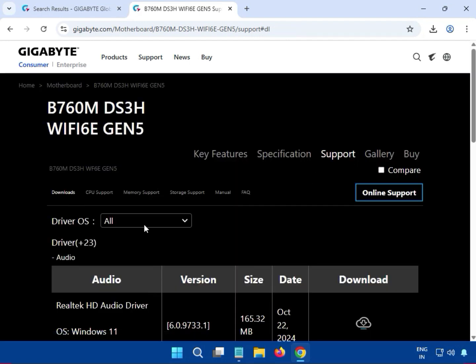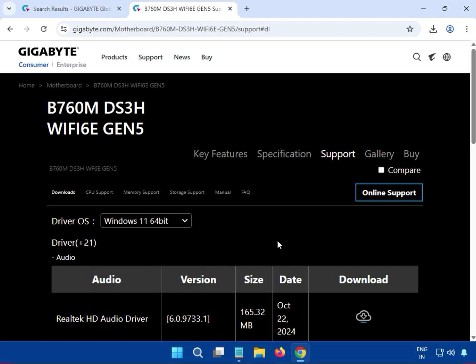Select the operating system, which is Windows 10 and 11. If you are using Windows 10, no worry, because I am making this in Windows 11 and the installation process is the same, just select your operating system. After that, just follow this video and install the